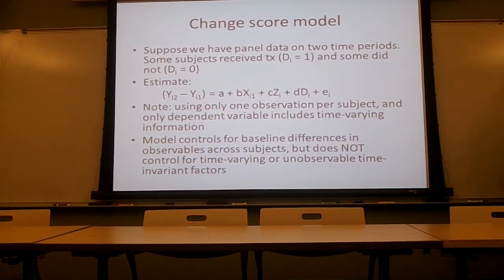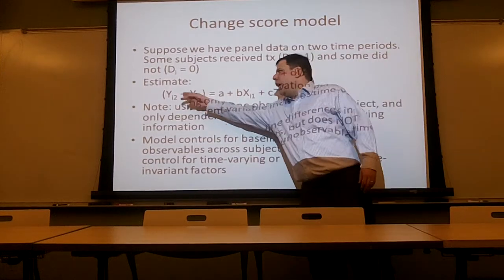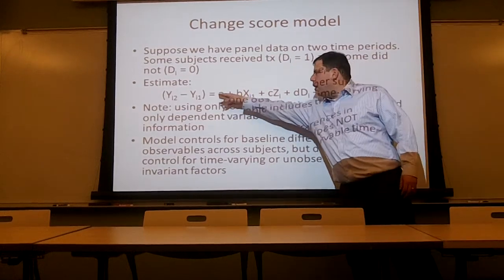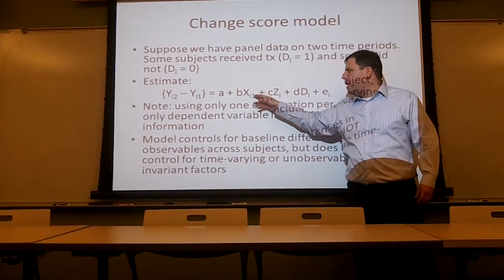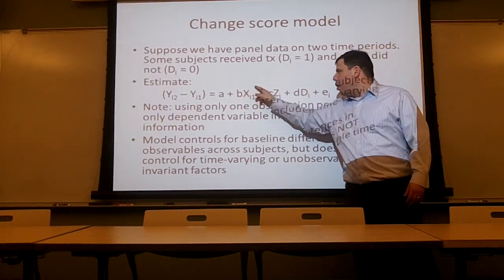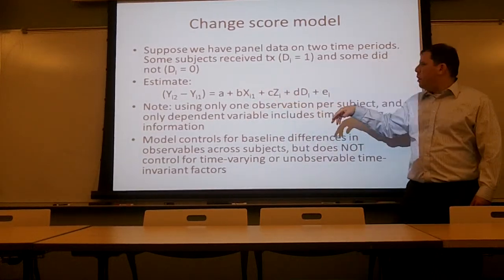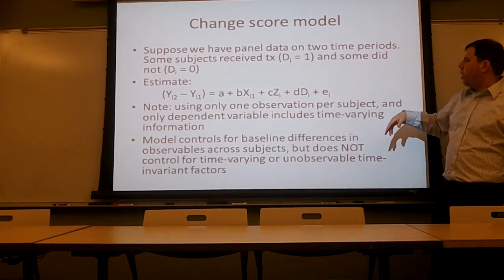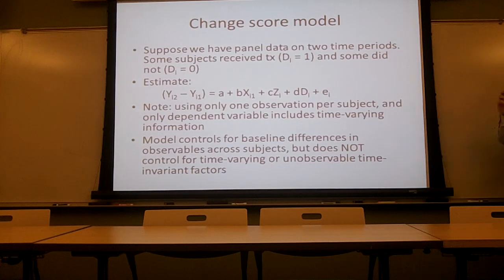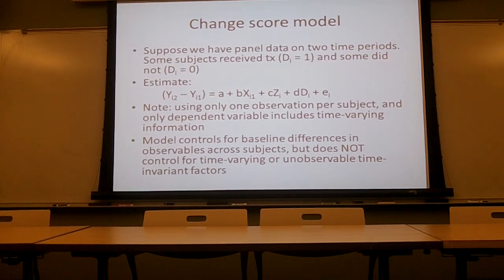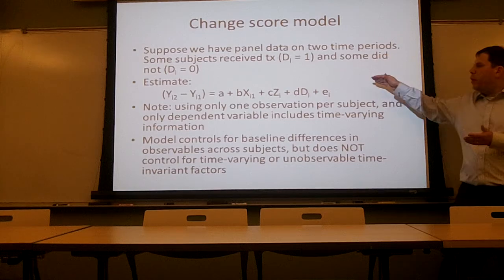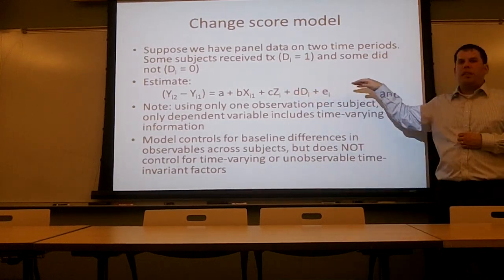You can normalize it, but it's the second period outcome minus the first period outcome. What you're modeling on the right-hand side are the baseline measures, the first period measures of your covariates, and treatment status, and I guess the time invariant stuff as well, which doesn't vary over time. So in this particular setup, you have data on 2 time units per observation, but you're only using 1 time unit per observation in the estimation because